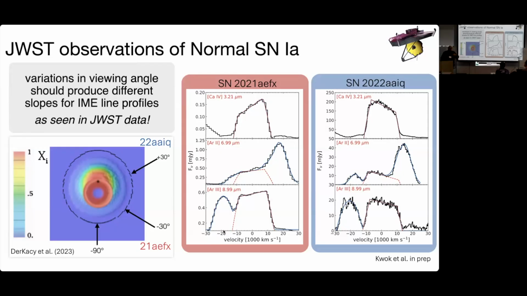Same thing in the white dwarf. If the burning is moving subsonically, the rest of the white dwarf will adjust. In fact, it will expand because of this pressure wave that's being built up inside. And that will move it to lower density, and you will get a different kind of nucleosynthesis. In fact, this is actually needed, something called the deflagration detonation transition, to make the Chandrasekhar mass models match